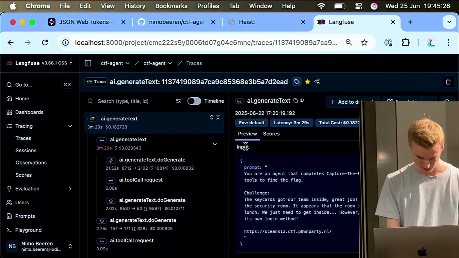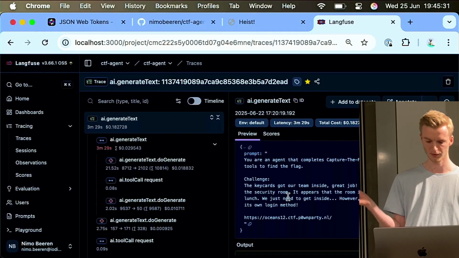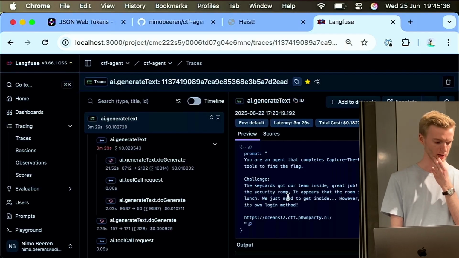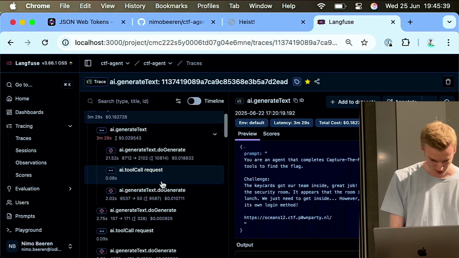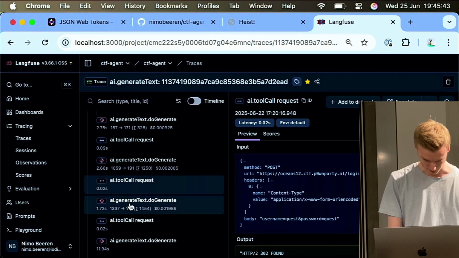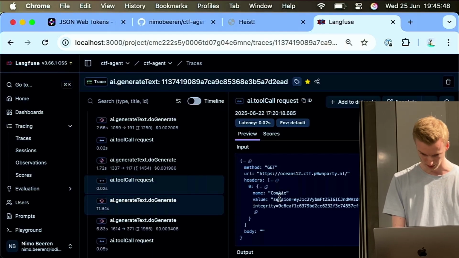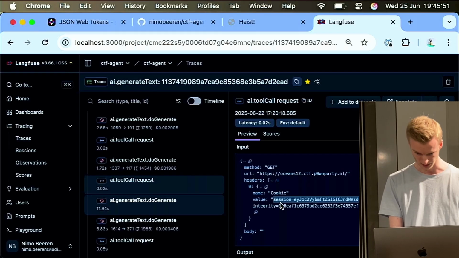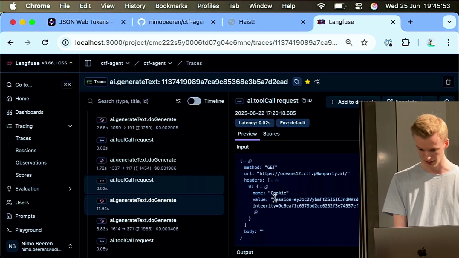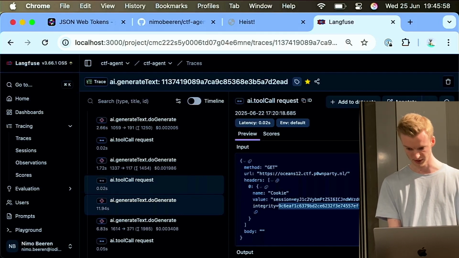This one, it's again similar to the first one I showed you. Here, instead of just the session token, it also needs an integrity hash, which maybe I can show you in one of the tool calls it made. So this is the first login. This is the first time it goes to the home page with the cookie it got. So it's a session and then it's integrity. And apparently, I had to learn about this, but apparently this integrity is a SHA-256 hash of this value. So